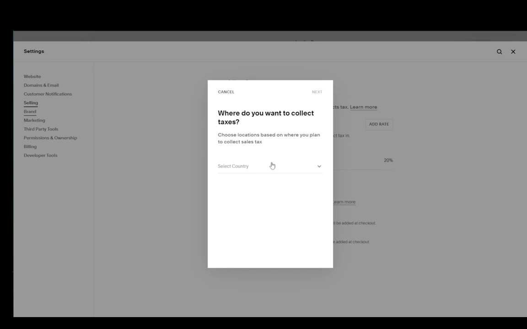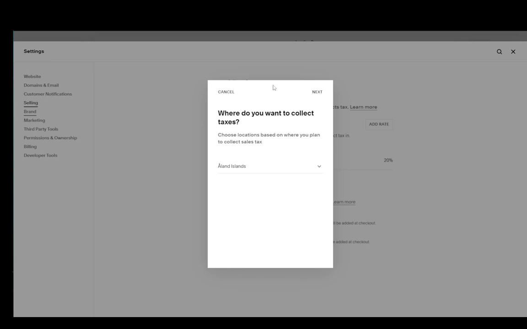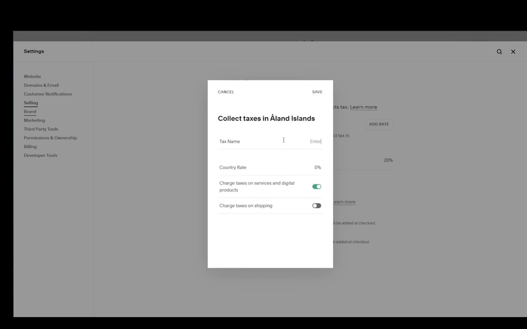Then you're going to click on add rate, and here you can select which country you would like. You can select literally whichever one you would like. I'll select, I don't know, the Åland Islands, then select next, and here you can enter the tax name. I'll make it text tax 2. Then the country rate, you need to add the rate for your country. I'll add it 15%. I'm not sure if that's correct for the Åland Islands, but after you're done with that,